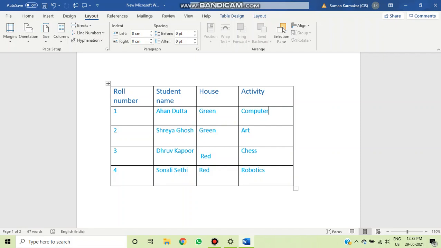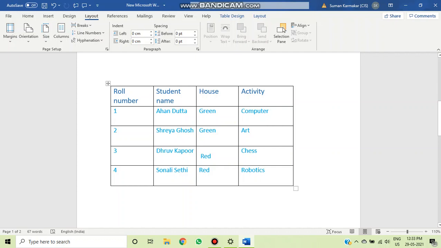The first topic of today's class will be splitting cells. How to split the cells. For example, in this cell it's written computer, but I want to split the cell. I want to write two things in the cell. In that particular cell, I want two columns. So how can I do that?